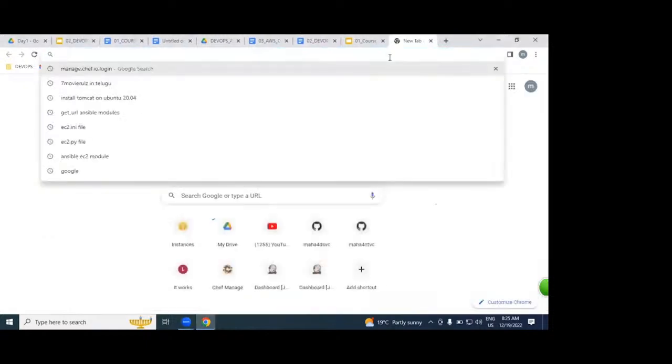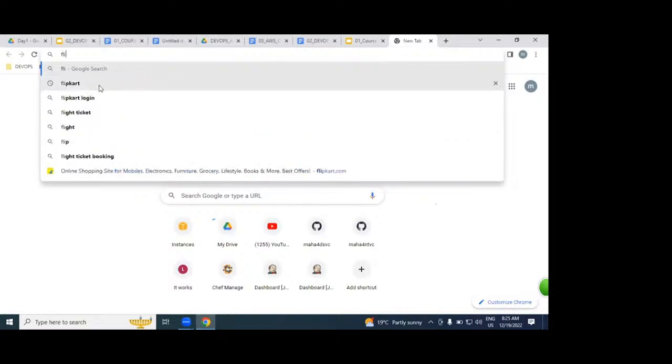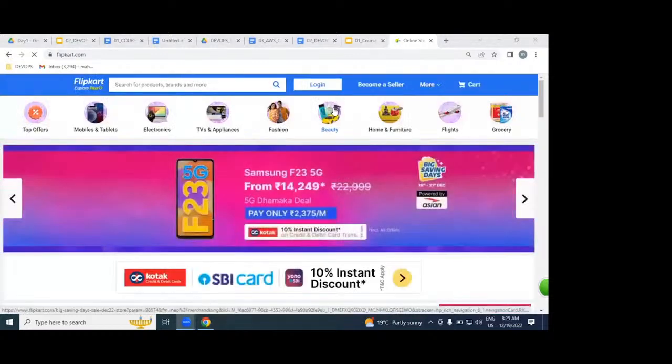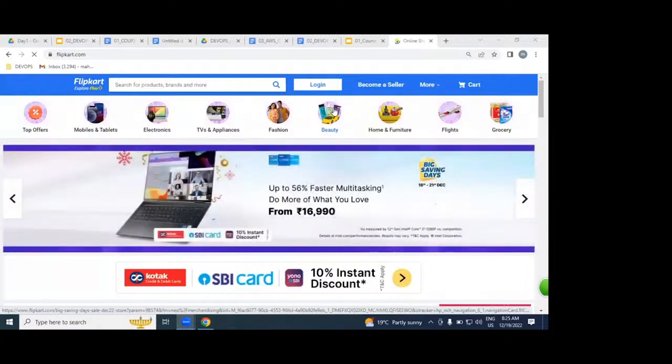An application is nothing but a website, like the Flipkart website, like Book My Show, IRCTC. These are all what we call applications.